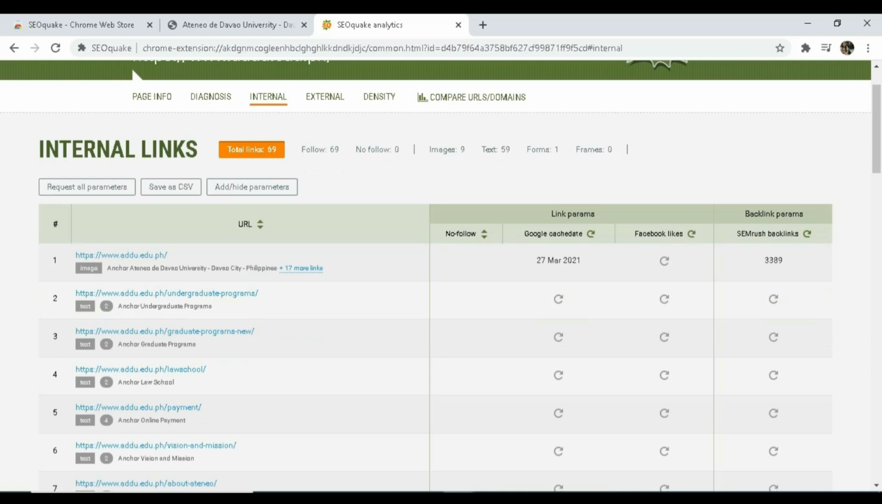So which is this one? The number one is www.adu.edu.ph. If you want to see the ranking here, you can just click that arrow. So you can see here Google cache date March 27, 2021. Facebook likes not available. SEMrush backlinks